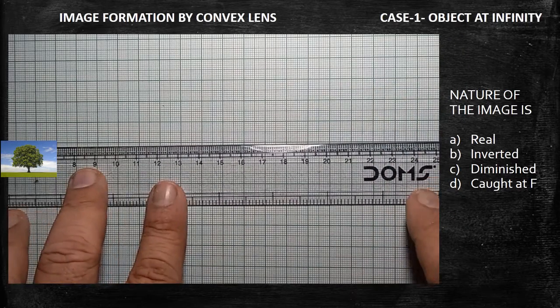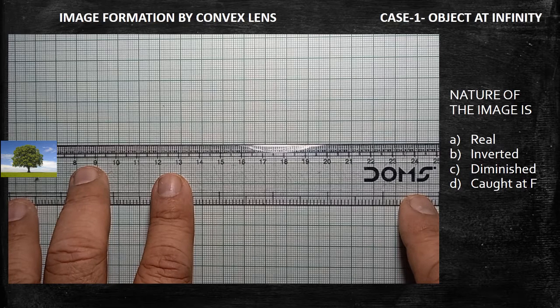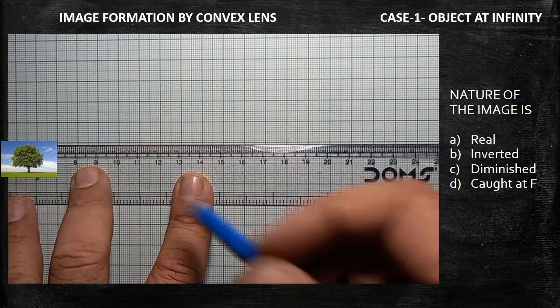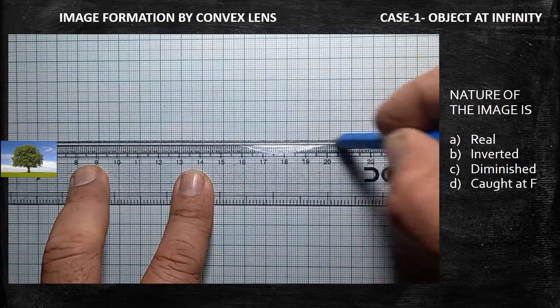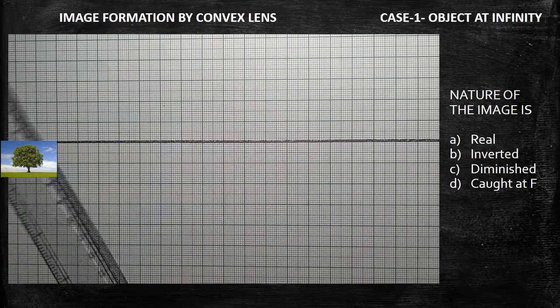In this presentation, I am going to teach you how to draw the ray diagrams for 6 cases of convex lens. For that, I am going to use the graph sheet. If you use the graph sheet, you will get accurate and precise ray diagrams. First, you draw the principal axis in the graph. The line which is drawn is called the principal axis.